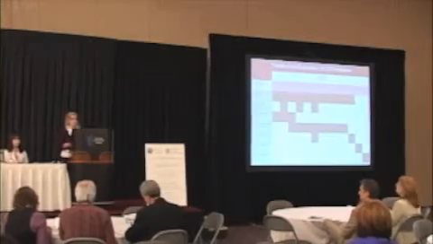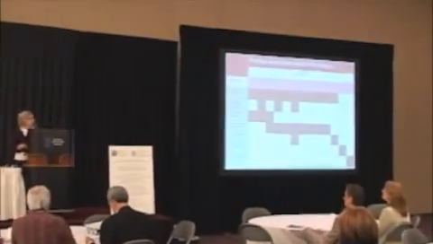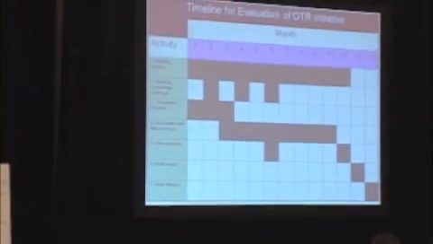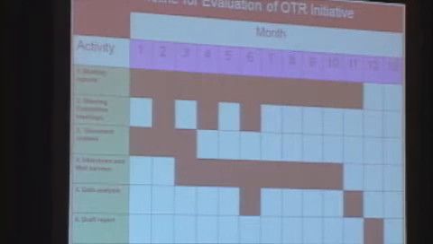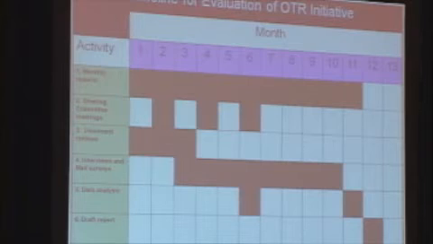Also, you can see that we plan to have steering committee meetings. We hope to set up a steering committee, as mentioned earlier, that has key members from the different stakeholders. And this is really important to have, especially in the first couple of months, so that we know that we're on the right track and we're meeting the goals and objectives of this particular evaluation. Also, the document reviews need to be early on so that we can get our feet wet with what this program is all about and really get a good knowledge base of what we're doing here.